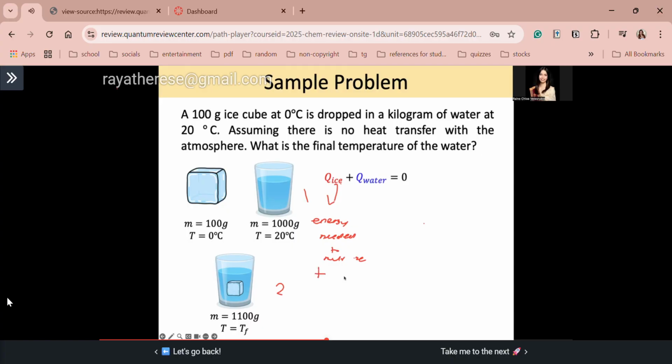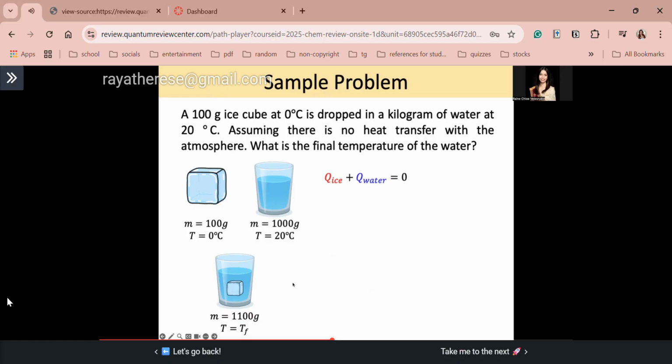Plus, heat na ginain ni ice, heat gained by ice, that warmed from 0 degrees Celsius to the final temp TF. Again, Q ice is equal to the energy needed to melt the ice. So may accompanying phase change yan, plus the heat gained by melted ice which warmed from 0 degrees Celsius to